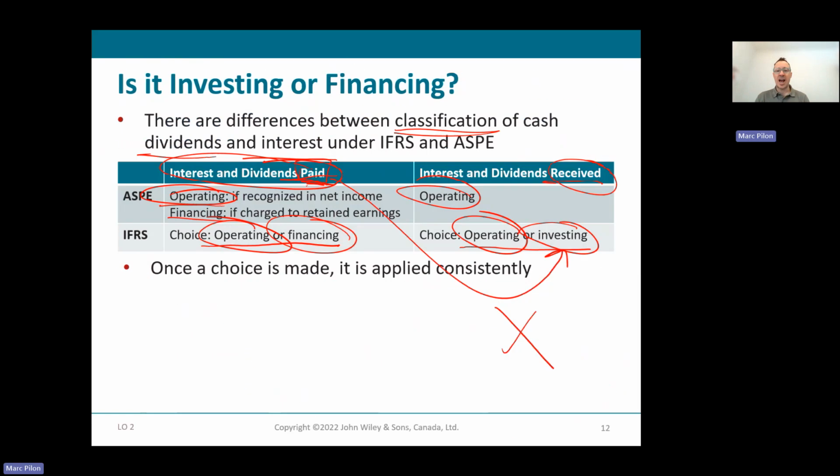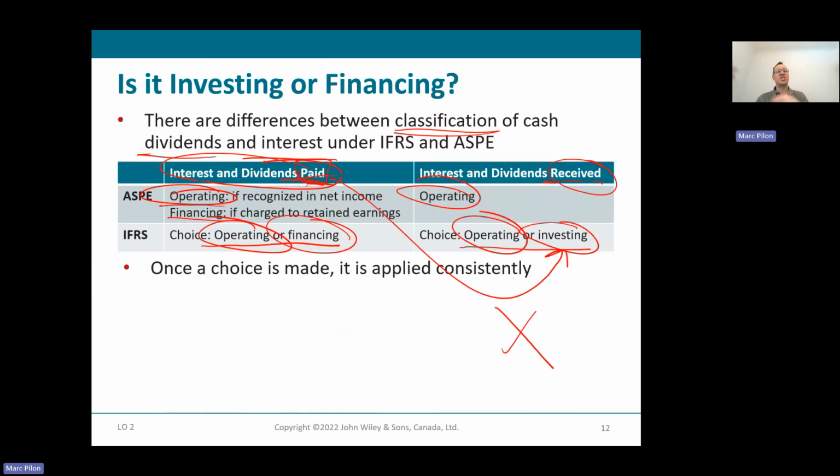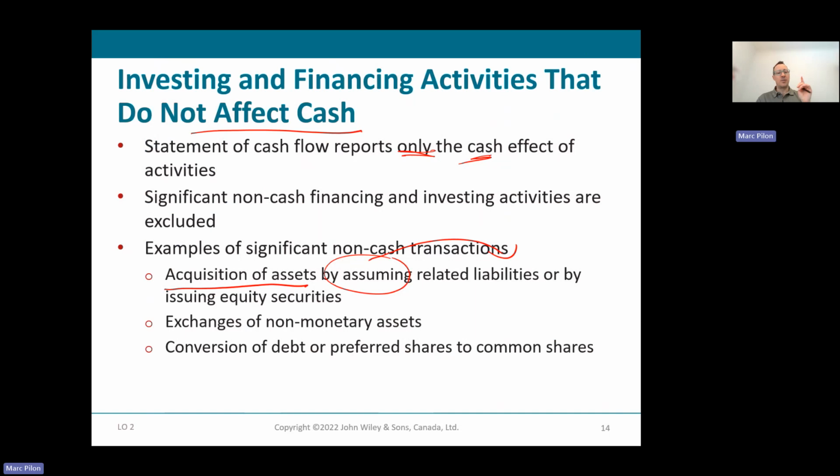If there's an exchange of cash, then I would see a reduction in cash for the payment and an increase in the liability from getting new debt, so a minus and a plus. If it's the same transaction, it can be excluded from the cash flow, but it has to really be a non-monetary